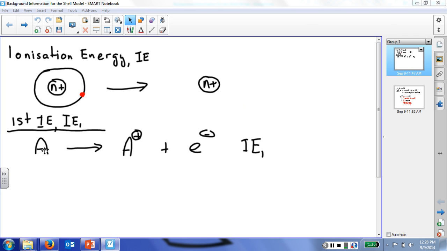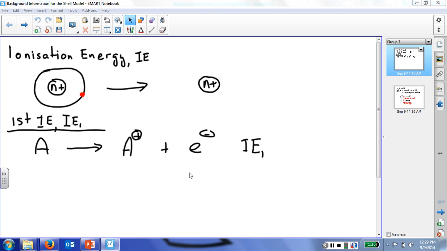We can represent that by the following equation. Atom A becomes A plus, having lost an electron. This is IE1, the first ionisation energy. The key thing to note at this point is that energy has to be supplied to remove the electron, so the ionisation energy is a positive value. The reason for this is that we need to supply energy to overcome the force of attraction between the nucleus